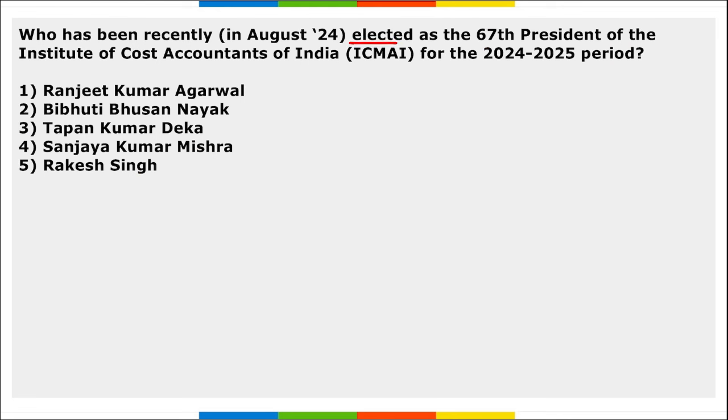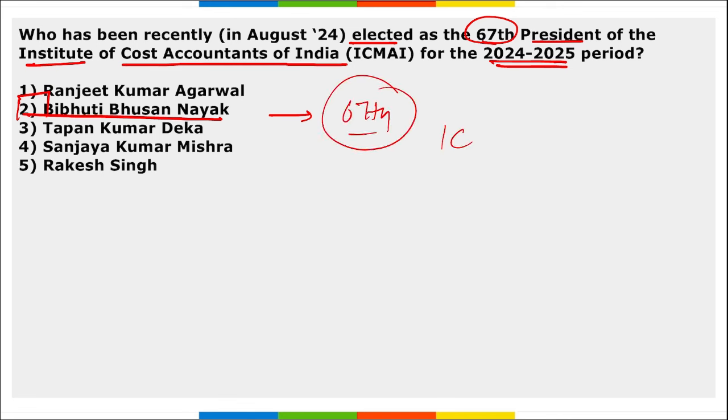Next, who has been recently elected as the 67th president of the Institute of Cost Accountants of India for the 2024 to 2025 period? So Bibhuti Bhushan Nayak, right? A certified management accountant has been elected as the 67th president of ICMAI for the period 24-25, and he will succeed Ashwin Dalwadi,